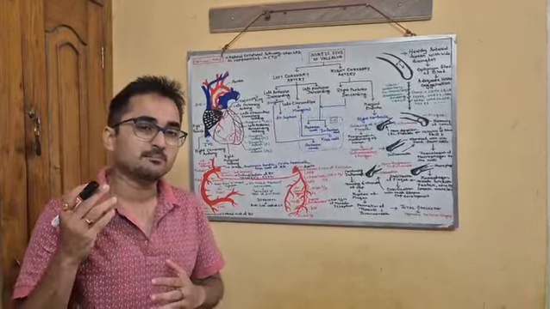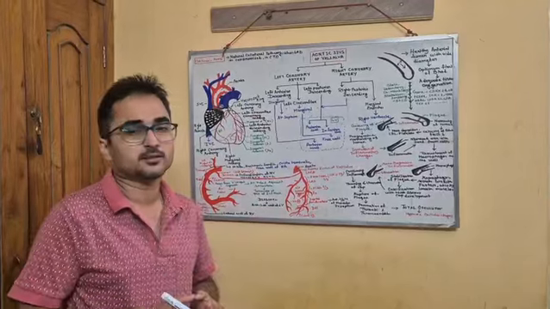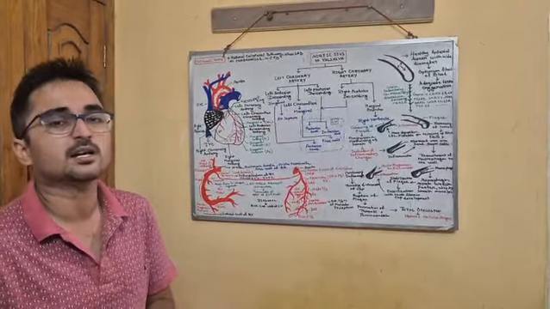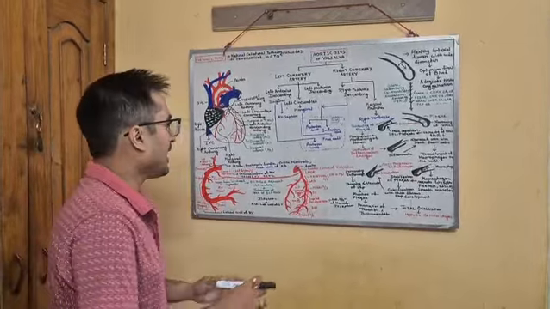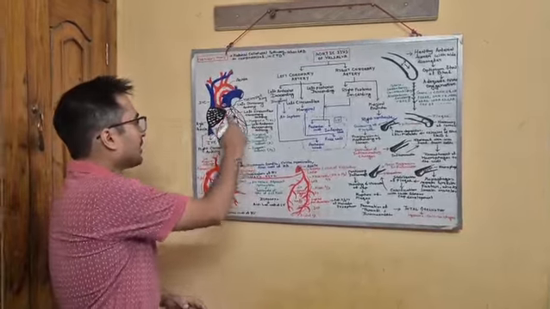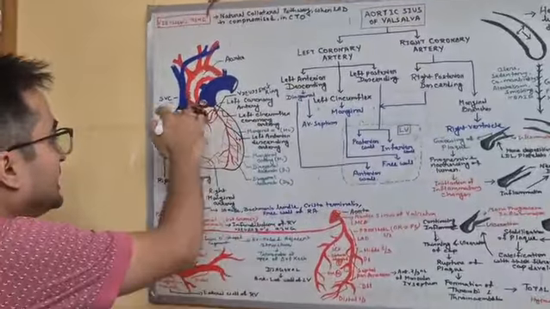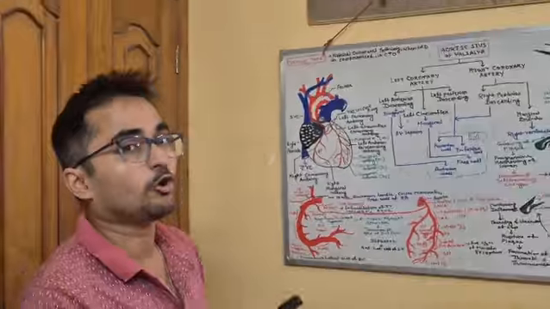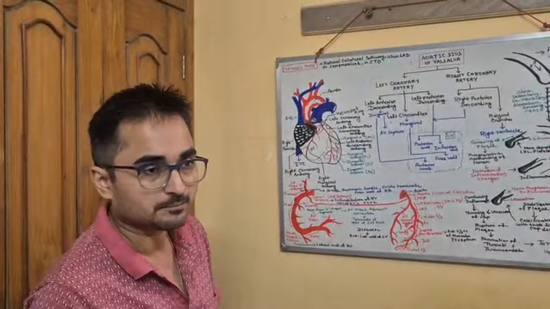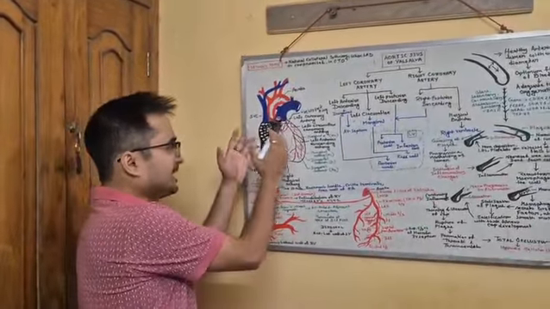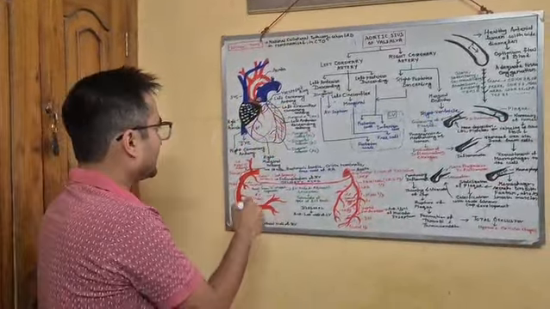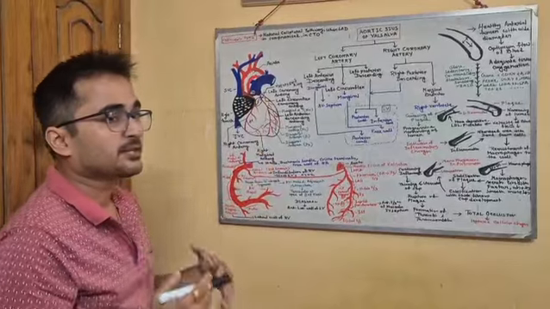Prior to the deeper discussion on the cardiovascular pathologies, let's take a short look at the arterial anatomy of the heart. As the diagram is displaying, this is our heart, the main pumping organ, which is also known as vasa vasorum. This diagram is showing the anterior surface of the heart, and the dotted lines are displaying the posterior part